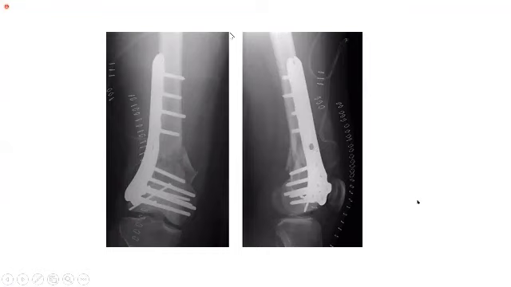While if it's a diaphyseal fracture, you can manage it conservatively. But if you manage it conservatively, there will be a rotational issue and the post-op duration is long, so more complications. But if you go for internal fixation, there are disadvantages too, like post-operative infection chances.